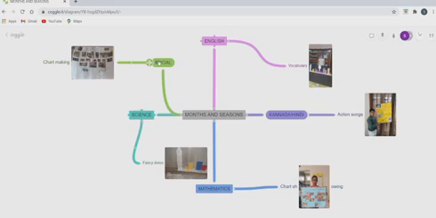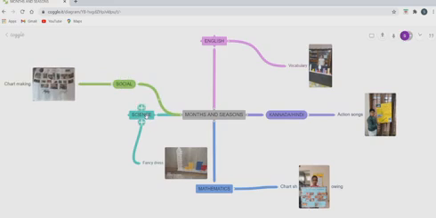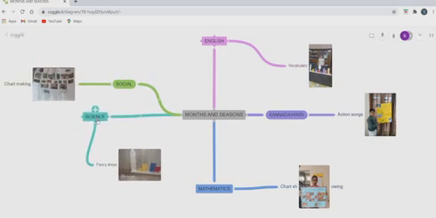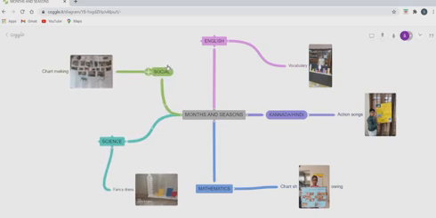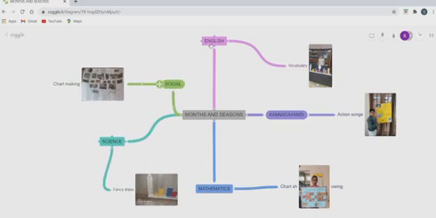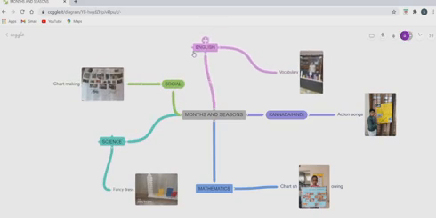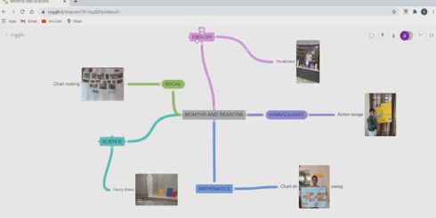Here you can adjust the branch by moving it or by clicking on the text format. Wherever you want to adjust it, you can adjust.